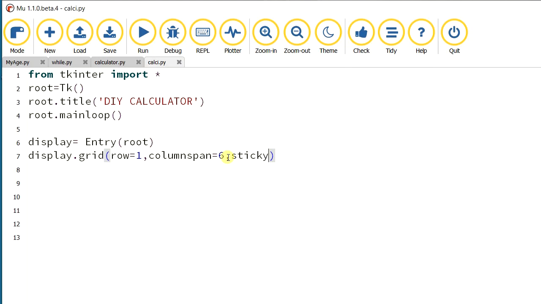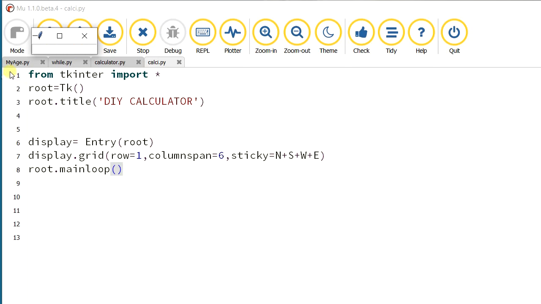Sticky means it will distribute any extra space within the cell that is not taken up by the widget. So it will equally distribute the space for all the rows and columns. The first row is the display line in row 1, it occupies all the columns, and it sticks to the entire calculator size. That's it. Now let's add one by one.